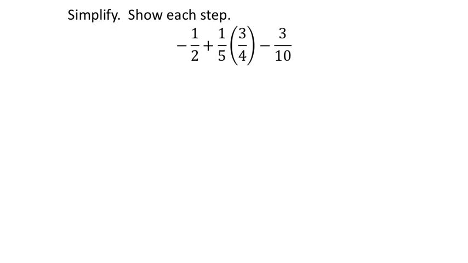Simplify, show each step. Well, there's an order of operations problem. And we got some addition right between here. You can't see it, but there's some multiplication right there. And then, of course, we got the subtraction. Well, for this, you go through the order of operations: parentheses, which there are some, but